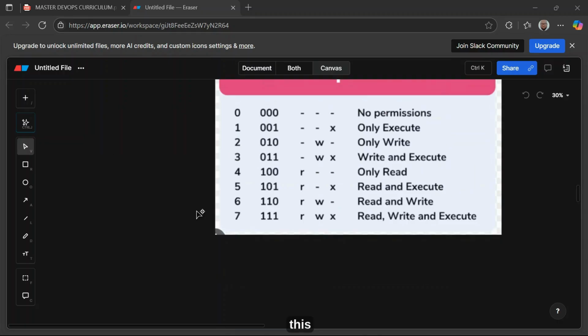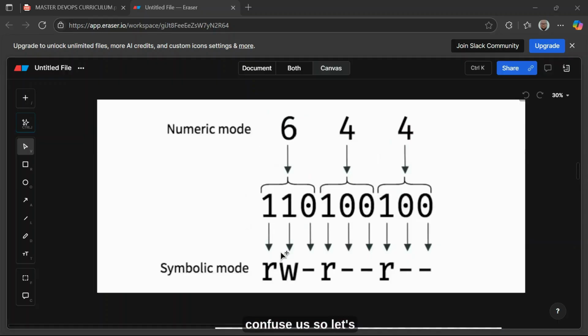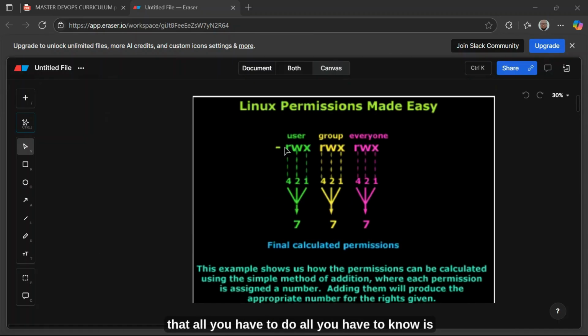This gives you a full understanding of what octal numbers actually are. But these are not really important, because for those of us who are starting new, it could confuse us. So let's put our attention on just this. All you have to know is R is 4, W is 2, and X is 1. So when you combine them together,